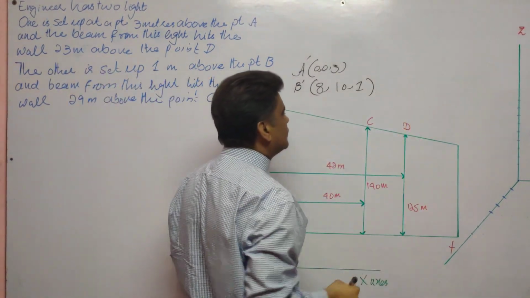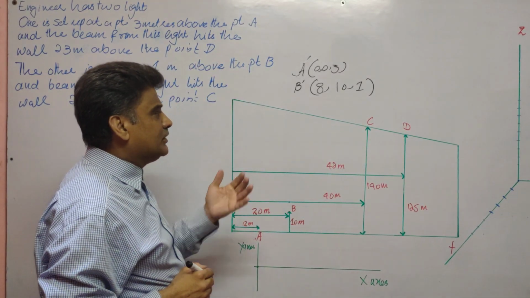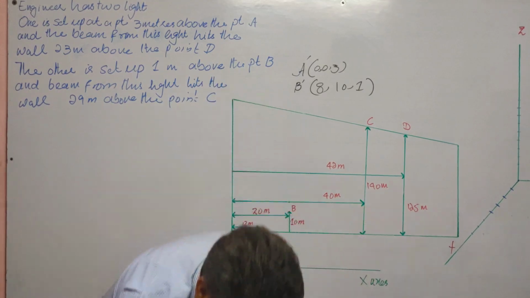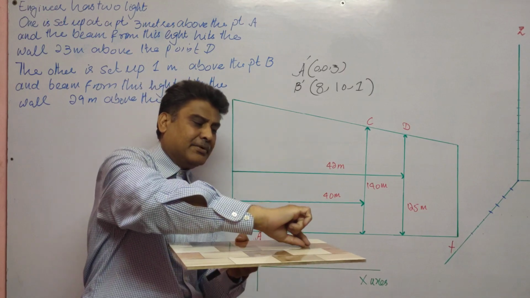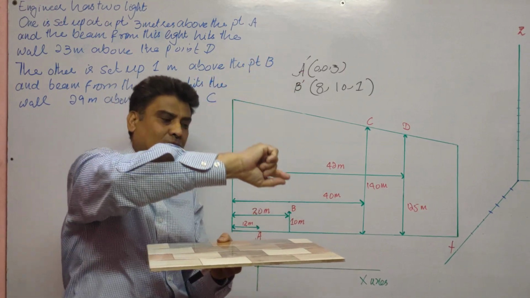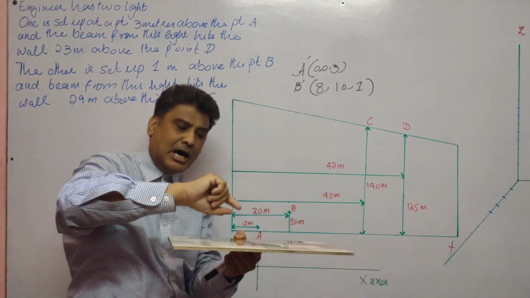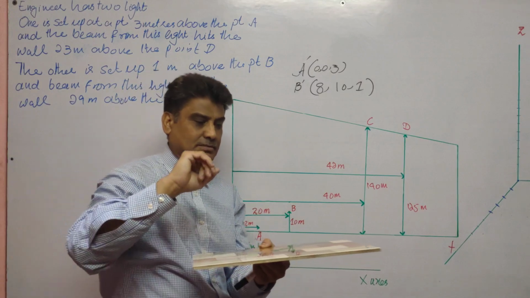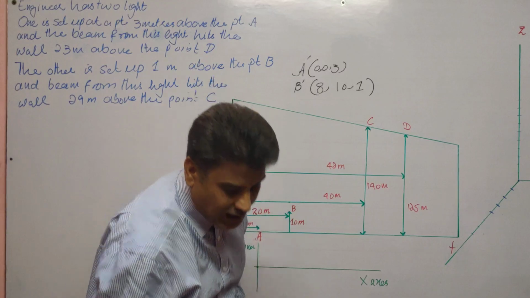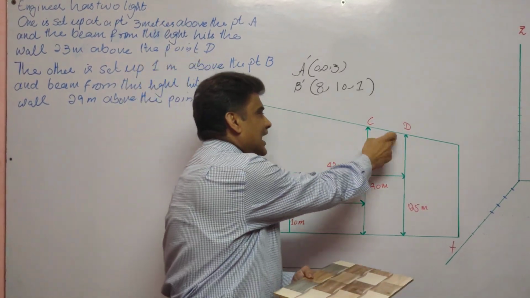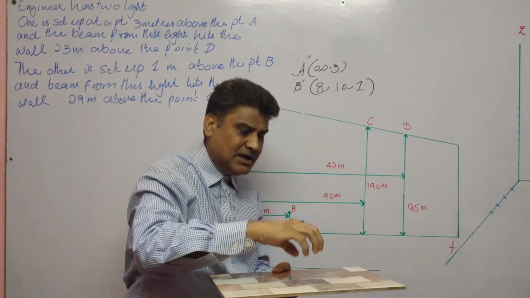Now point C prime and D prime. You know D prime and C prime. D prime is 23 meters above this plane. For example, this is the XY plane and here is the point D, which is 23 meters above this plane, and point C is 29 meters above this plane. Okay? Sorry, I mean to say point C and point D also lie in this plane.